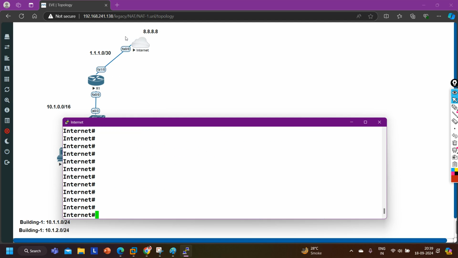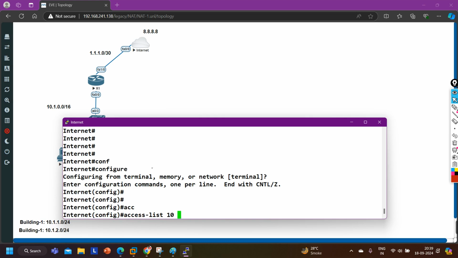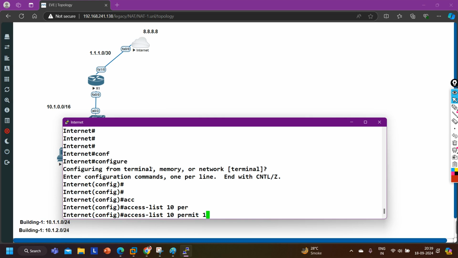And we can block the private IP addresses on FastEthernet 0/0, right? How can we block the private IP addresses over here? I can create one ACL, and in that ACL I will only allow this subnet 1.1.1.0/30. Rest all are denied. So here I can say access-list number 10 permit 1.1.1.0 0.0.0.3.